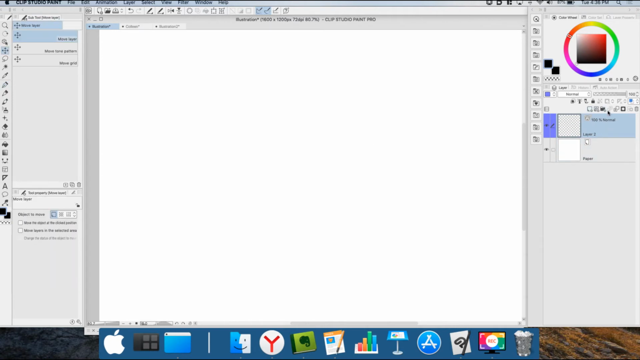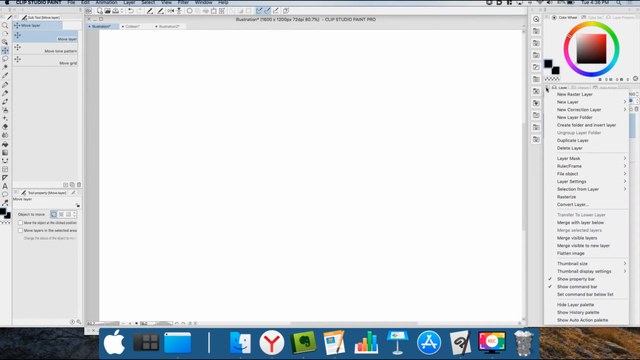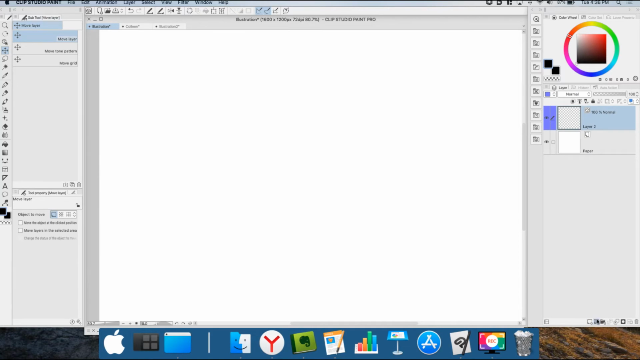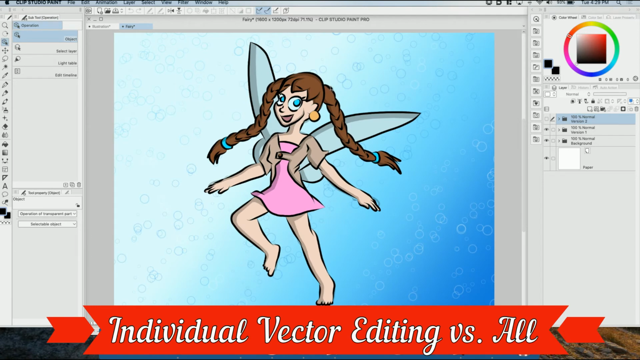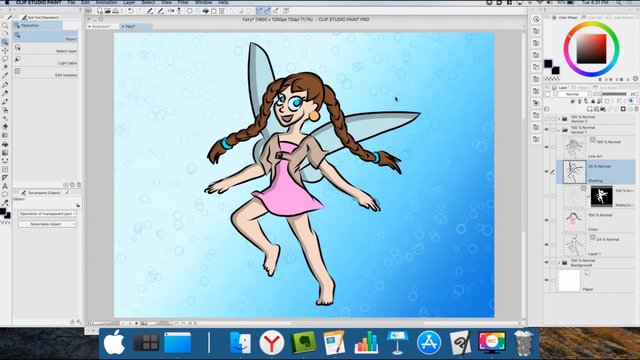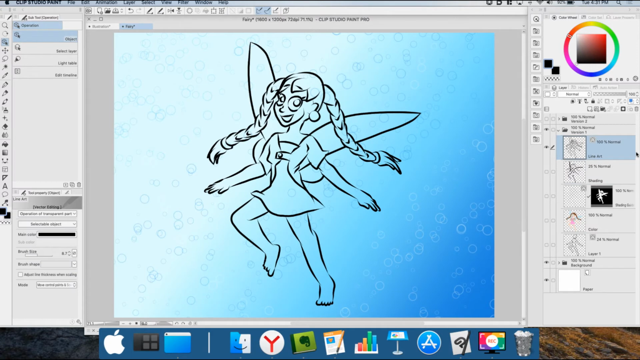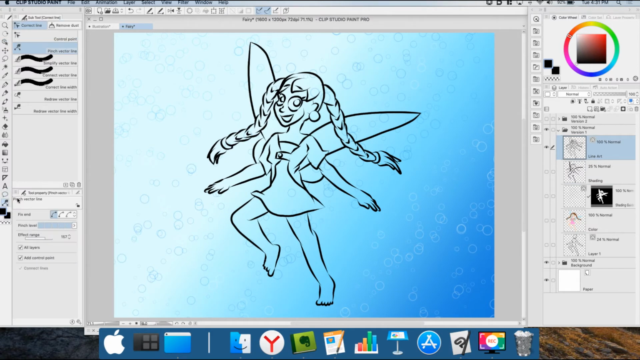And also you can move these icons down here if you'd like, and to do that, click on the menu here and then go down and say set command bar below list. And then now your icons are down here. Now let's say I want to transform this fairy's braids. I want to have her hair come out a little more. So I'm going to remove the color layer, and I'm going to remove the outline layer. So what I'm going to do is I'm going to use one of the correct line tools,